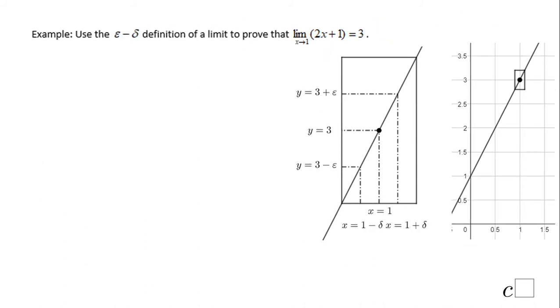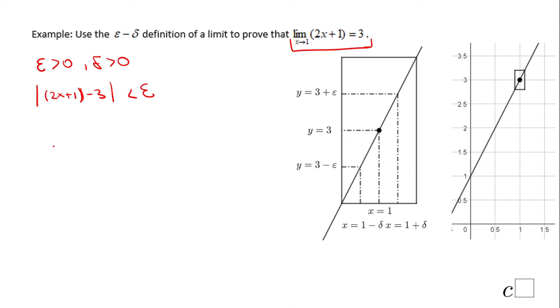Let's move to the second example. In this example, we're going to use again the epsilon delta definition, and we want to prove this limit. So it's a little bit different than the other problem, but it's kind of the same math. You will see. The meaning here is that for an epsilon greater than 0, you'll be able to find a delta greater than 0, such that the absolute value of 2x plus 1 minus 3 is less than